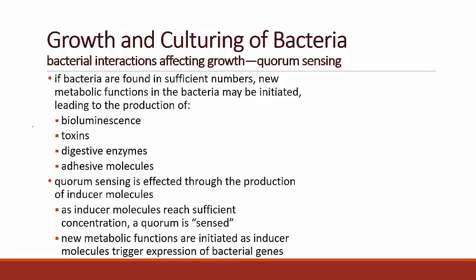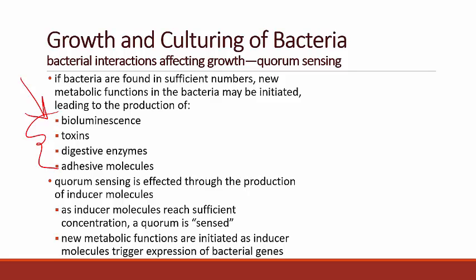So that's the idea of quorum sensing, that the bacteria know when there are enough individuals around to make doing these processes worth doing, because there'll be enough bacteria that they can actually be effective in producing bioluminescence